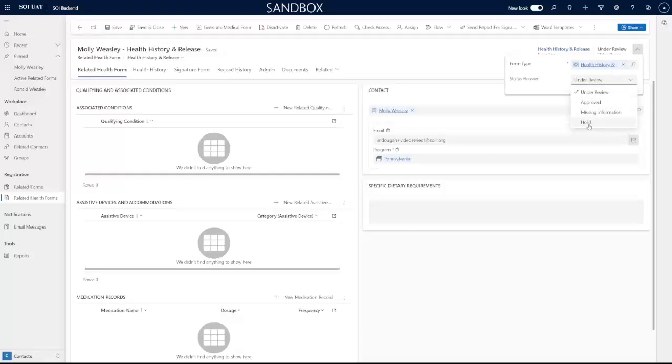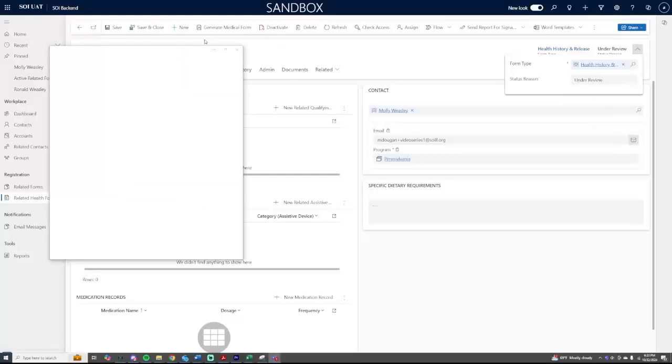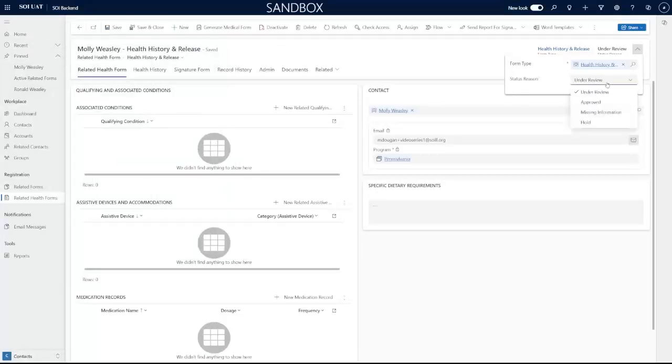Our last identifier here is on hold. May or may not ever use that. My Teams just crashed, apologies. May never actually use this status reason, but on hold can be for an internal purpose of we need to review this document internally, but don't want to necessarily put it into approved or rejected. Speaking of rejected,